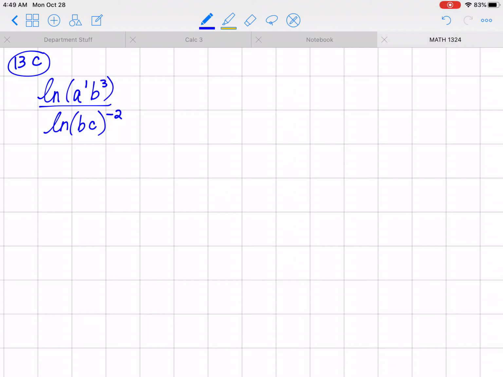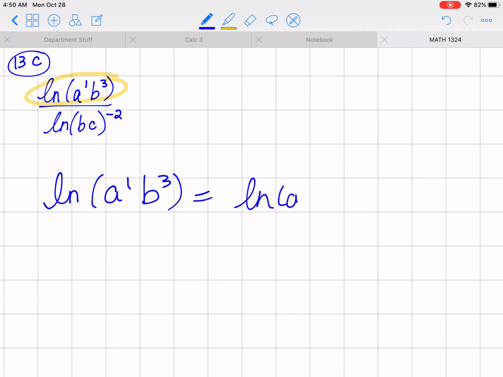Okay, so we have here problem 13C, and what I like to do is, when I work these out, I work them out individually. So I'll start out by working the top, ln of a to the 1, b to the 3, and this you did correctly, would be ln of a plus 3 ln of b, and